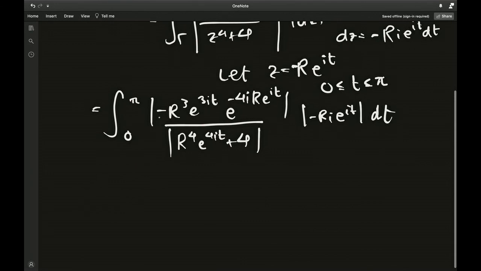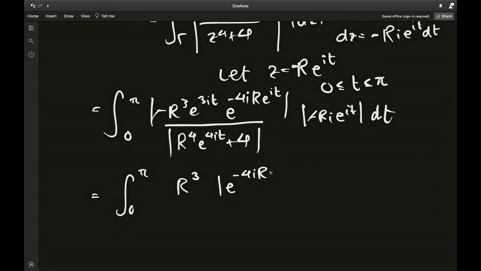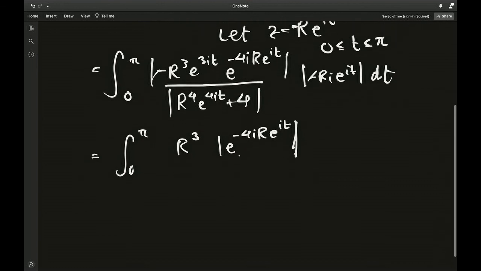Okay, so we can just ignore the negatives, we're anyways in mods. Integral from 0 to pi. Mod of e to the it is 1. We just have r cubed. We have mod of e to the negative 4i r e to the it. And the mod of this guy is r, so r to the 4th effectively, divided by, now I want to